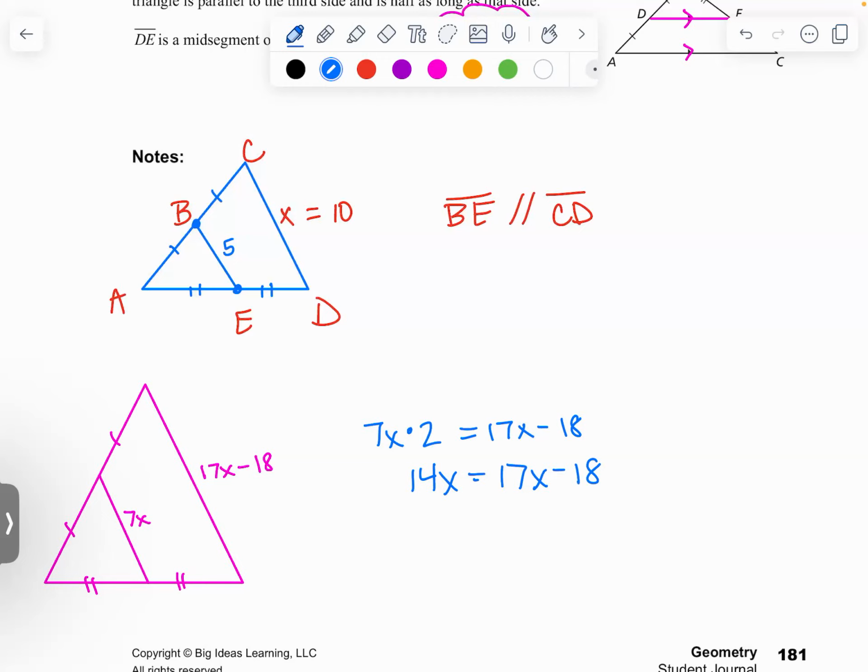What'd you say, Braden? 3x equals 18. So x equals 6. So we know from that our mid segment would be 42, which would mean the side of our triangle would be